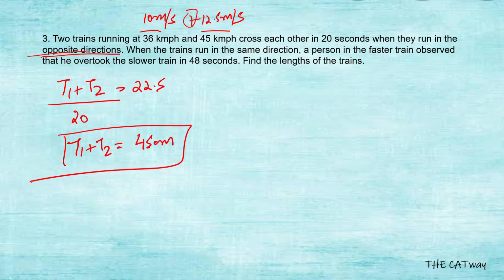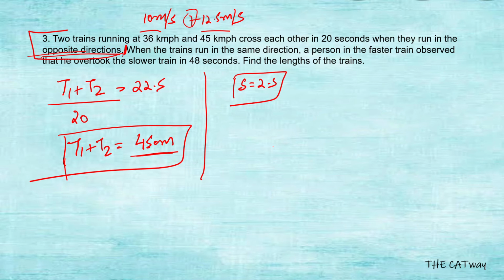So see, you are seeing that I only read the question up till here. This was the first part that I read, and from this only I got that the length of both the trains is 450 meters. So you just have to do what has been given in the question, and the question will be very easy for you to solve. Now move towards the second part and read what this part is saying. It says that when the trains run in the same direction, the relative speed is going to be 2.5. We know that. Read it further.